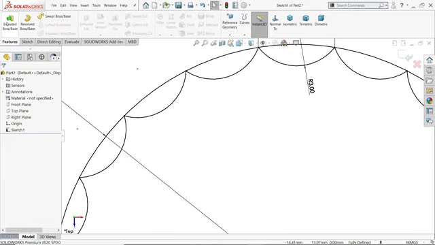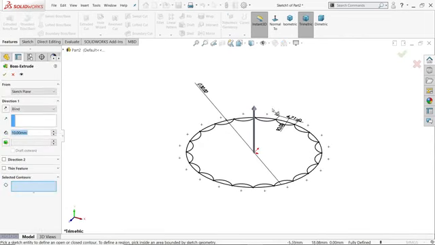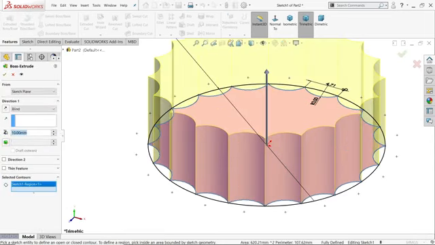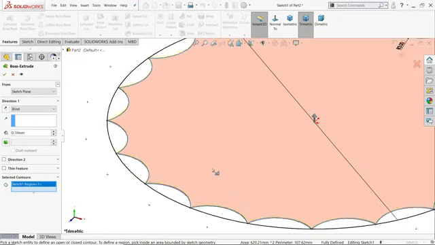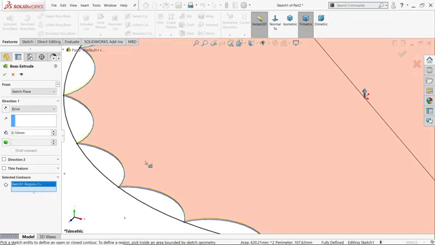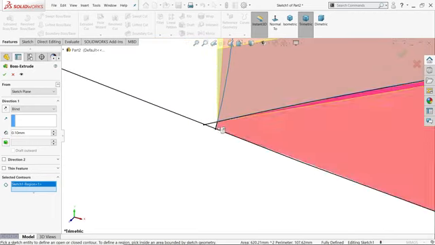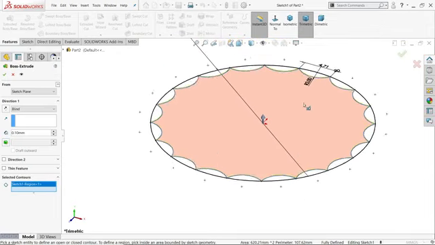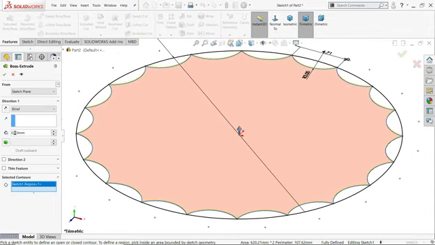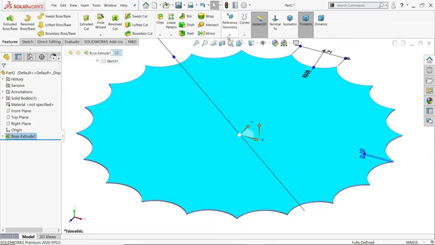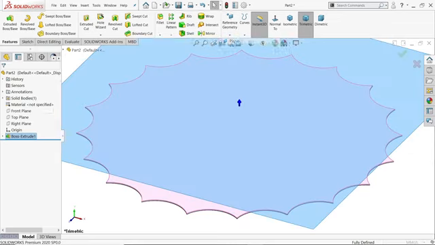Simply go to feature, extruded boss base. Now here in selected contour, choose this one. See, make it a little 0.1 millimeter. Later we need to delete this one. Why did we do this? Just to make sure we avoid cutting or trimming these lines. So this is the better way to do it. Later we will trim this 0.01 mm. Okay, that's it.